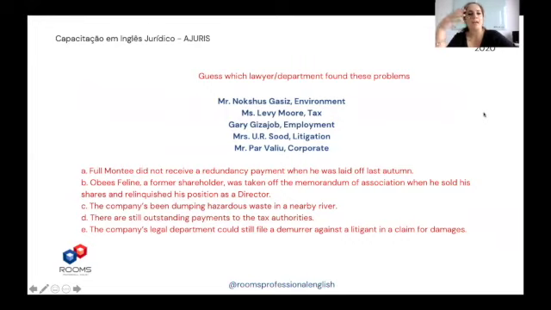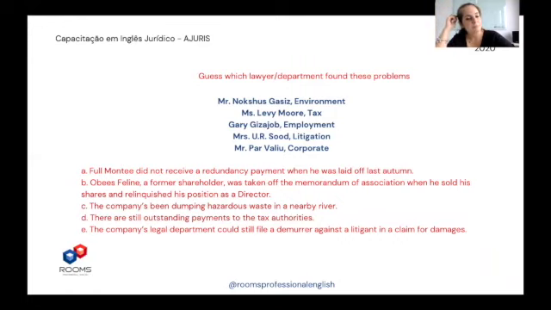So we have on A, B, C, D, and E, the problems, and we have to relate to which lawyer or to which department found these problems. So letter A says that Fu Monty did not receive a redundancy payment when he was laid off last autumn. So redundancy payment is that amount of money that you receive once you are fired for being redundant. So in this case, probably the person who found this issue in the company is Gary from the Employment Law